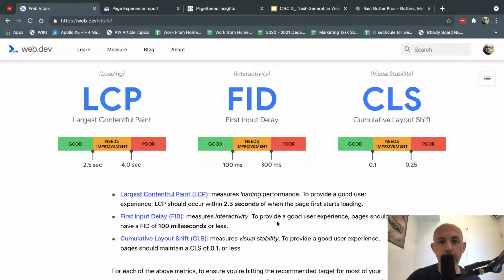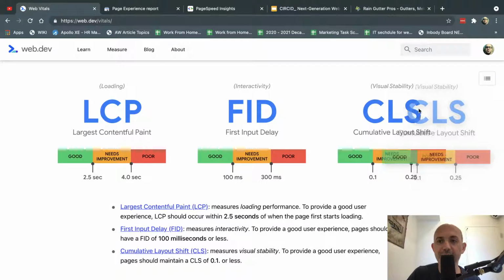Does it immediately, within 0.1 seconds, go to the next step? When I type in a form, do I see the letters quickly? How long does it take for me to interact with the website once I do some kind of thing? Okay. And the third thing is the CLS, so the cumulative layout shift.